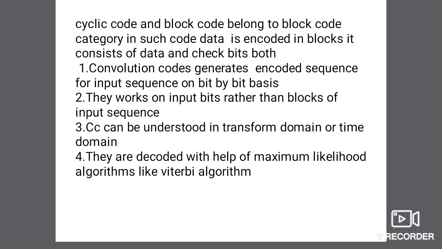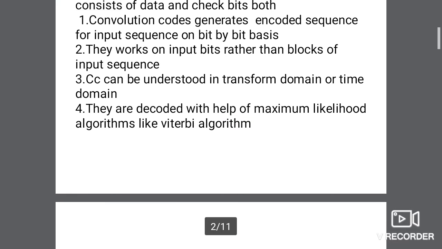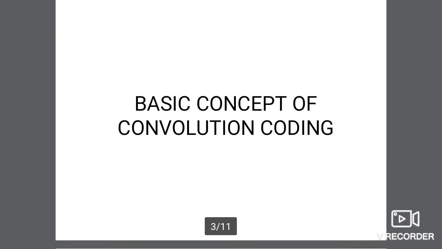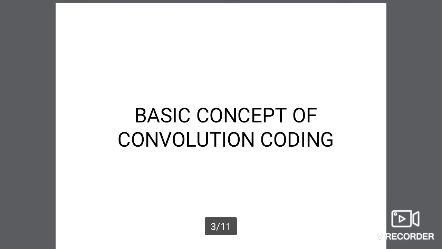Convolution code generates the encoded sequence from the input sequence on a bit by bit basis. It works on input bits rather than blocks of the input sequence. Convolution code can be understood in the transform domain and the time domain also. They are decoded with the help of a maximum likelihood algorithm like the Viterbi algorithm. It is a very important algorithm. So we first discuss the basic concept of convolution code,